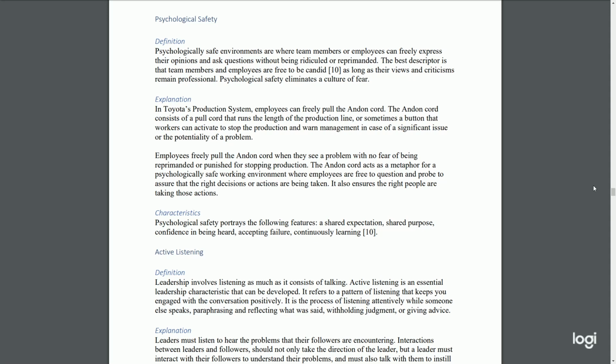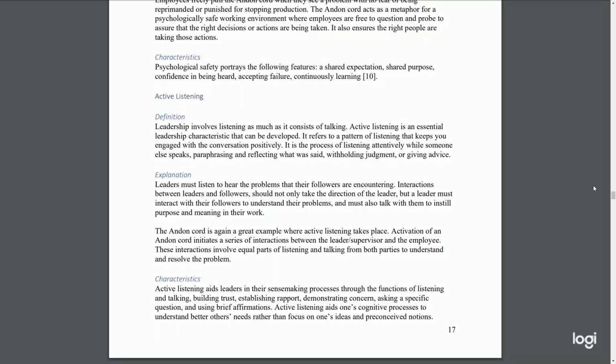It is the process of listening actively while someone else speaks, paraphrasing and reflecting what was said, withholding judgment, or giving advice. Explanation. Leaders must listen to hear the problems that their followers are encountering. Interactions between leaders and followers should not only take the direction of the leader, but a leader must interact with their followers to understand their problems, and must also talk with them to instill a purpose and meaning in their